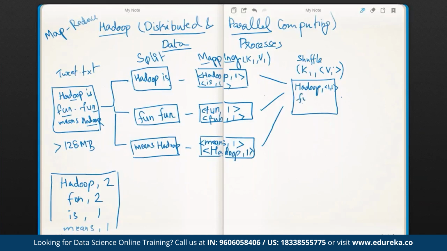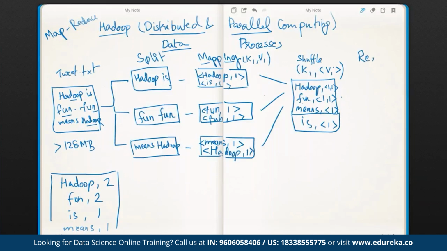Same is the case with the word fun as well, because the key is going to be the same. I am going to collect all the ones with it. And then comes the word means, which has only one, and then comes the word is, which once again has 1. So once I get this data after the shuffle, which had the network transfer of the key value pairs, not the blocks, I would simply go for the final step